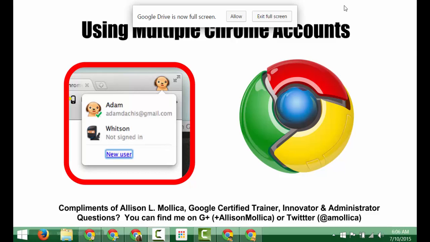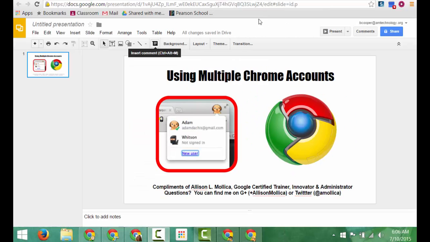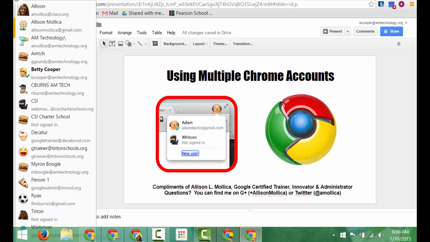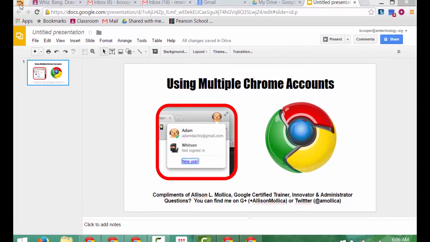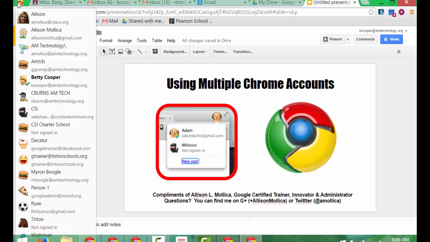The first thing you need to do is to check and see if you're logged in already to another account. I need to add an account for Reggie Mantle. You can see here I have several Chrome accounts. I have an icon, an avatar for different accounts, but I have several that I can toggle back and forth between. I was just given an account called rmantle at amtechnology.org that I need to log into, and I'm not